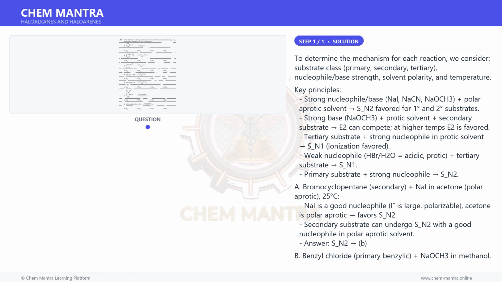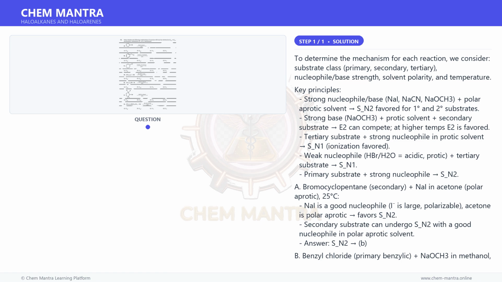G. (CH3)2CHCH2CH2OH, 3-methyl-1-butanol, primary alcohol, plus HBr 48% in H2O, 50 degrees Celsius. Primary alcohol reacting with HBr: proton source plus Br⁻ nucleophile. For a primary substrate, after protonation of O, a primary carbocation would form, which is unfavorable for SN1. Instead, Br⁻ directly displaces the protonated O in an SN2 fashion. Answer: